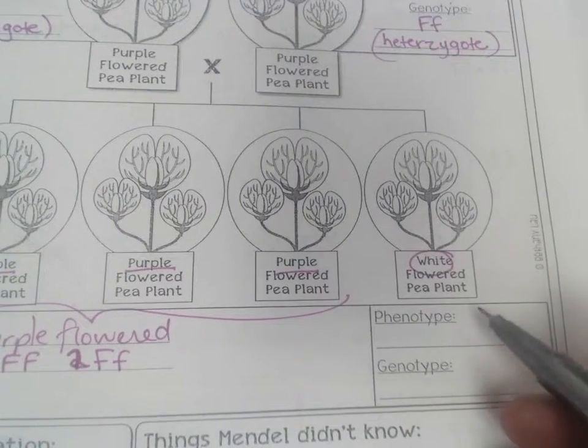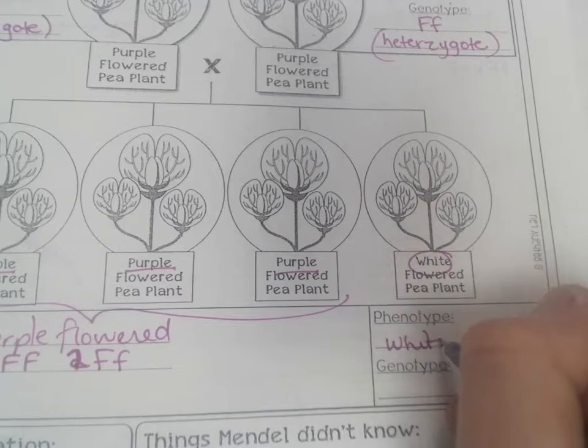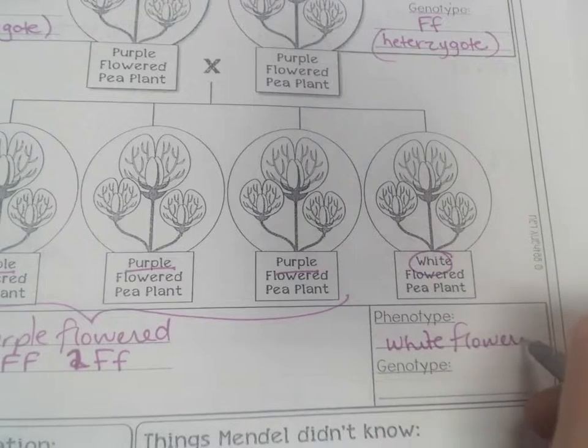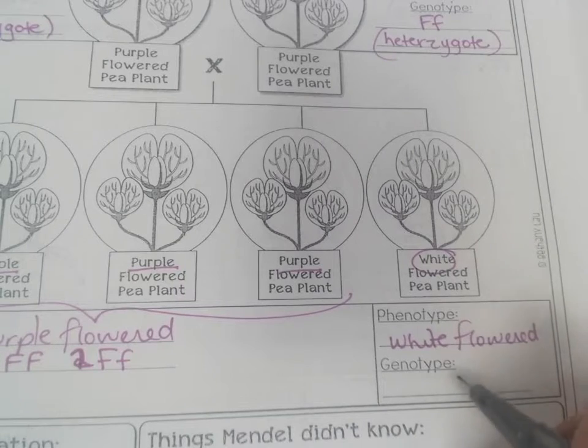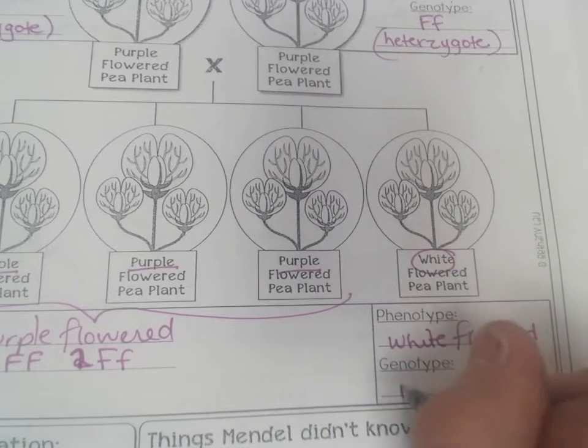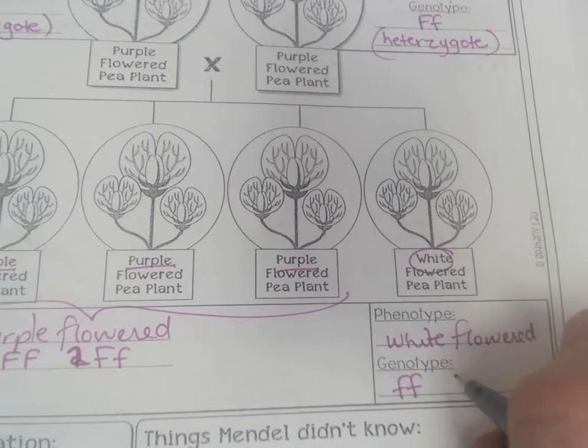And the phenotype for this white flowered plant is white flowered. Remember, phenotype is the physical characteristic. The genotype is the letters. What alleles do we have? And the only way that we can have white show up at all is if it's two little f's, little f, little f, and this is